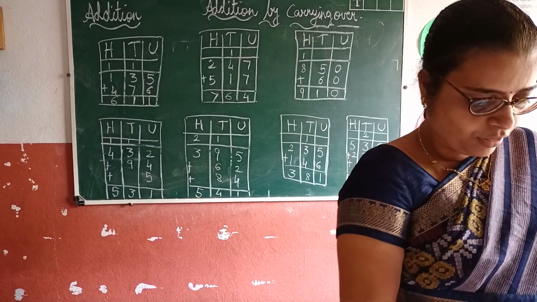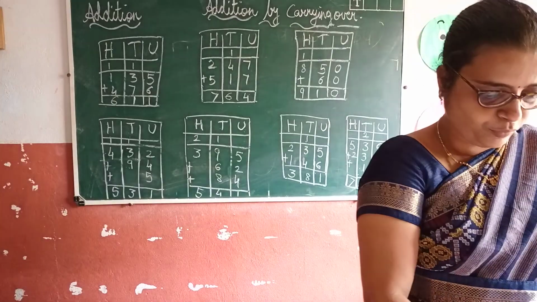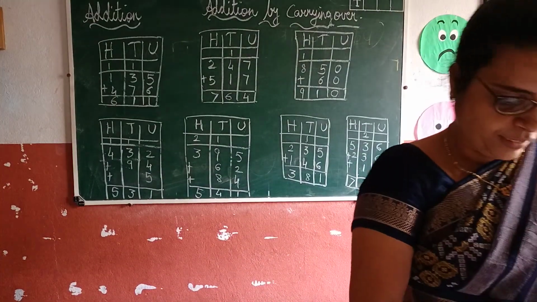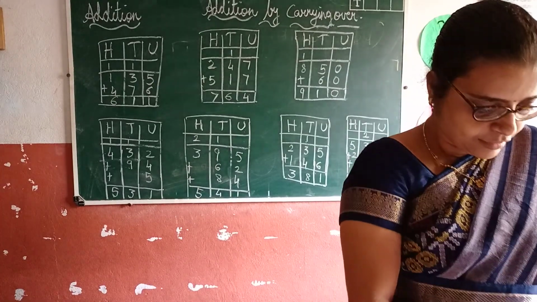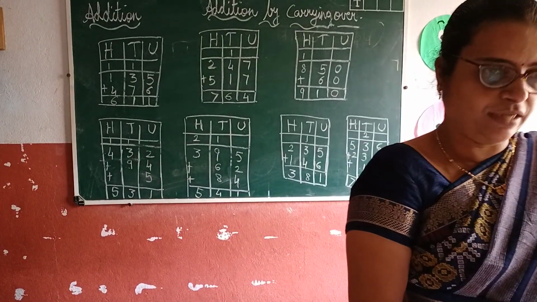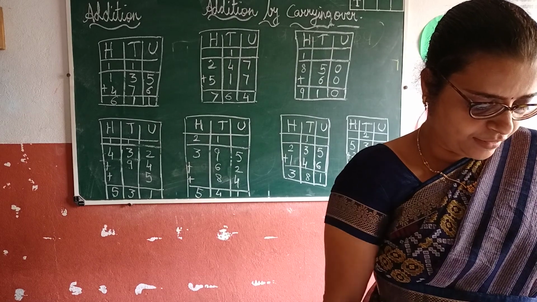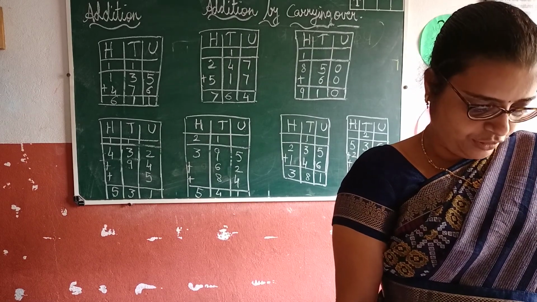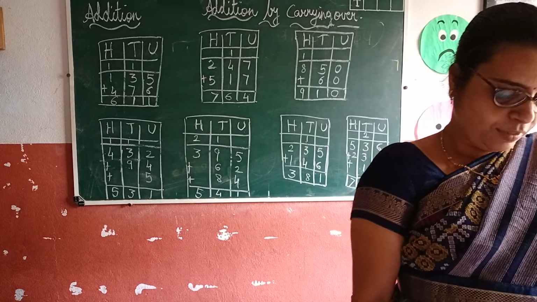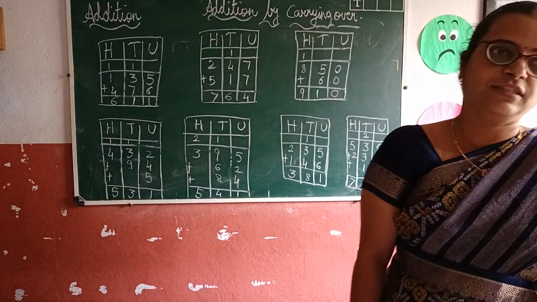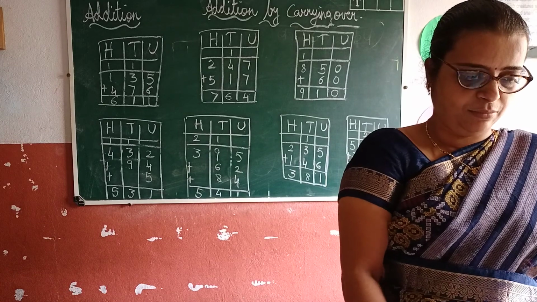Match the following. Look here, A group and B group. They are given 20 tens. Match the column. 20 tens means 200. 40 tens means how many? 400. Circle the 3-digit number. You know it. For example, first here, 5, 6, 3, 2, it is 4 digits. Again they give a 3-digit number, and again a 4-digit number. So you have to circle the 3-digit number.